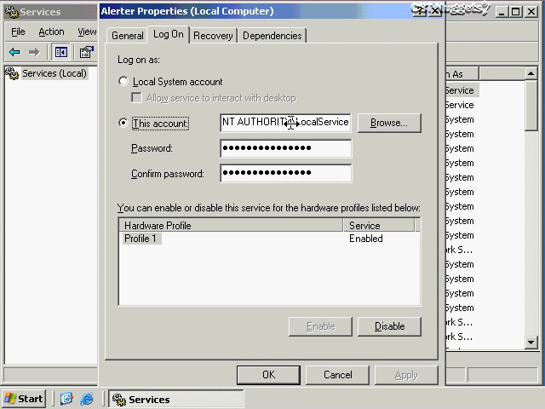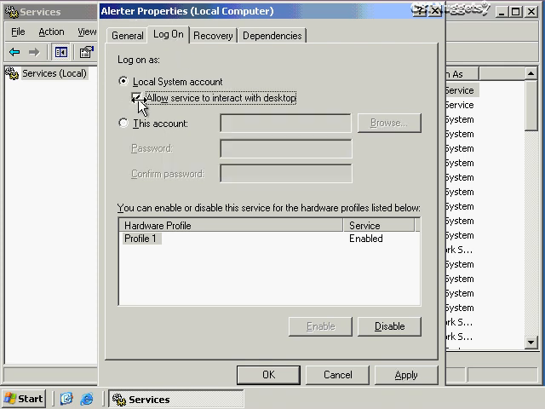And that's the way you want it to be because most of the time for servers, nobody's logged on to them anyway. On the other hand, if you have some kind of an application that perhaps has added a service, and you will have some apps that will add a service to this services list, then they might need a local system account and need to maybe allow them to interact with the desktop. Now, with this kind of a service, it's going to provide a user interface so that if somebody is logged on, there will be some kind of a dialog box or a message pop up or something that allows a user to interact with it. But we don't use these quite as often as these kinds of accounts would be used.